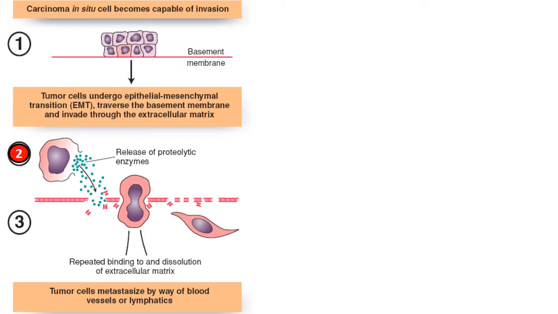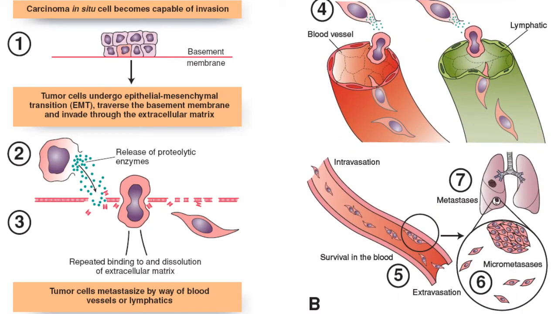And now there is a transition from epithelial to mesenchymal morphology, which is termed epithelial to mesenchymal transition, and now tumor cells travel through the basement membrane with the release of proteolytic enzymes from the tumor cells as well as from the tumor associated cells. Then the extracellular matrix is degraded by the action of proteolytic enzymes, and